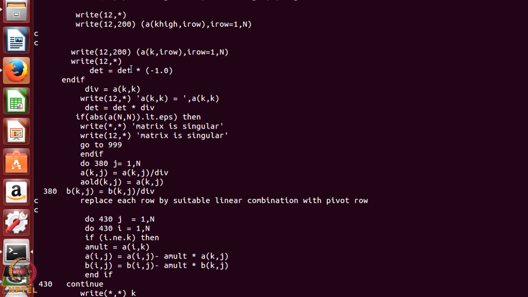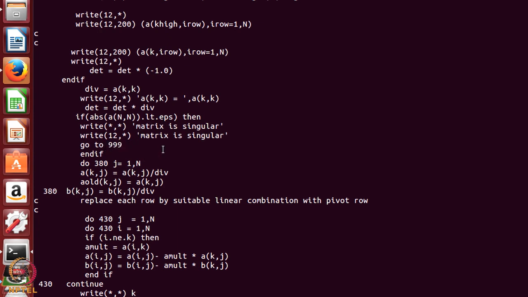Whenever I cannot calculate the inverse, I will print on the screen that the matrix is singular, therefore I cannot calculate the inverse. Remember, whenever the determinant of the matrix is 0, I cannot calculate the inverse. So, inversion is only for those matrices where the determinant is not 0. So, whenever it is singular, go to 999, which will end the program.